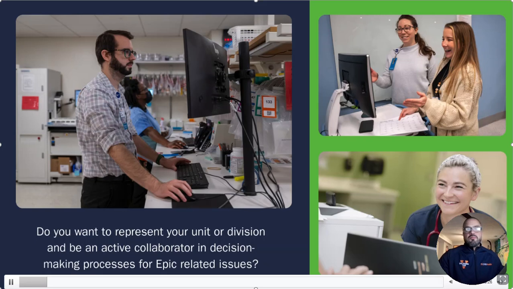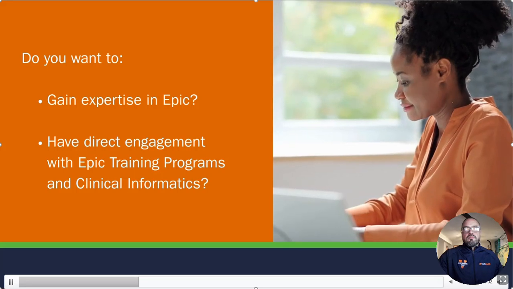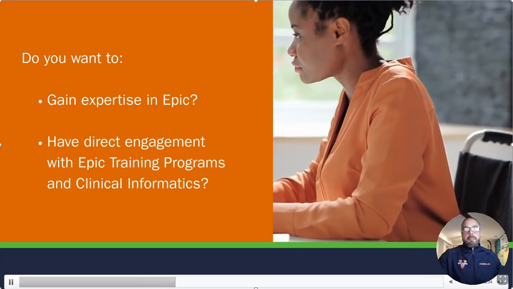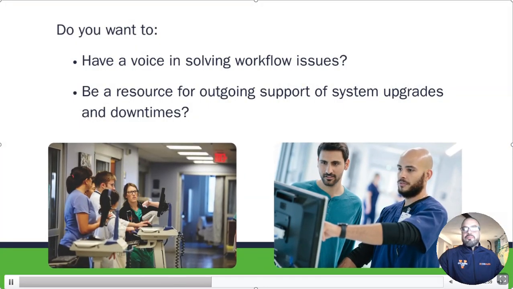Do you want to represent your unit or division and be an active collaborator in decision-making processes for Epic-related issues? Do you want to gain expertise in Epic, or have direct engagement with Epic training programs and clinical informatics? Do you want to have a voice in solving workflow issues?